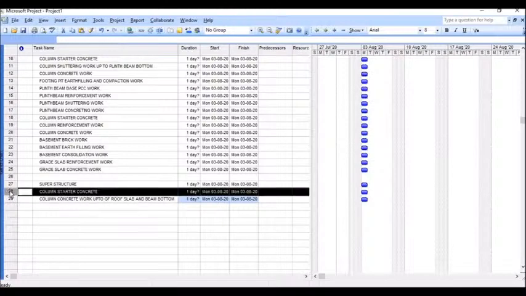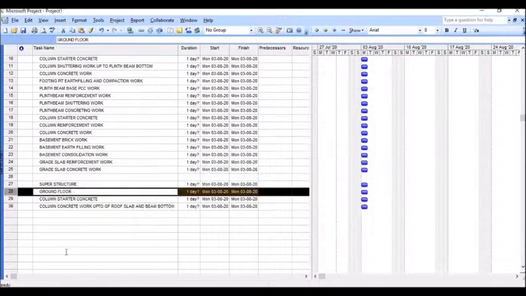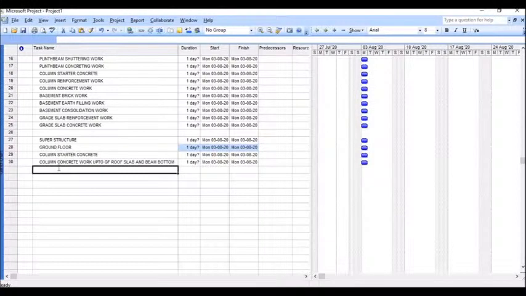Before that I need to insert one more task over here. Here I am going to give a heading as ground floor. So under the ground floor, these activities come under the column: column starter concrete, column concrete work up to ground floor roof slab and beam bottom. Then next one,